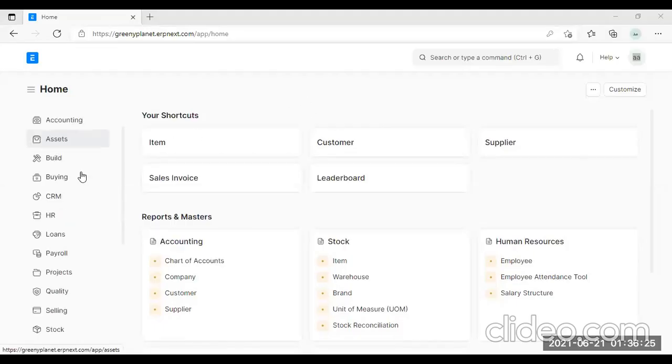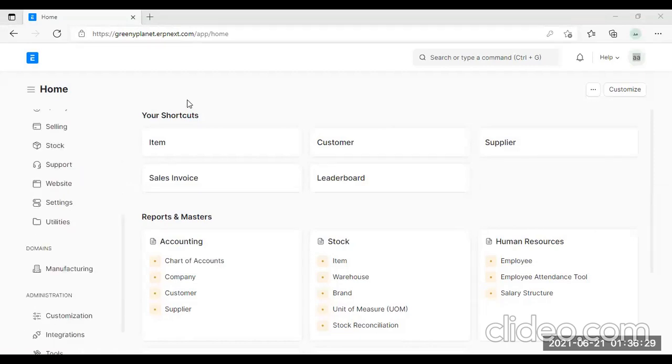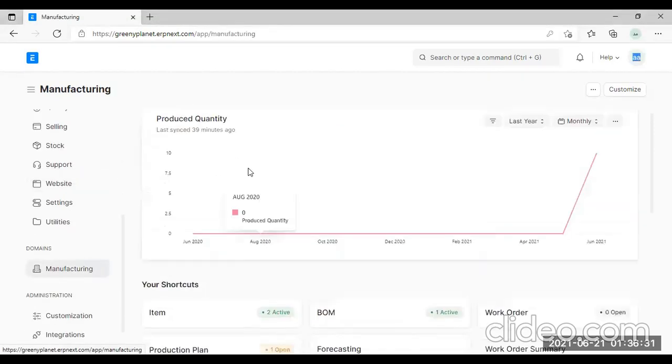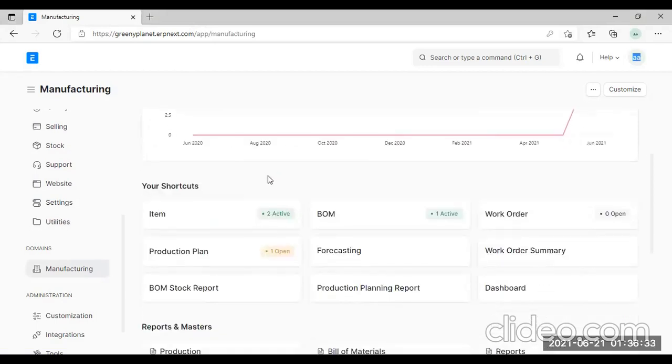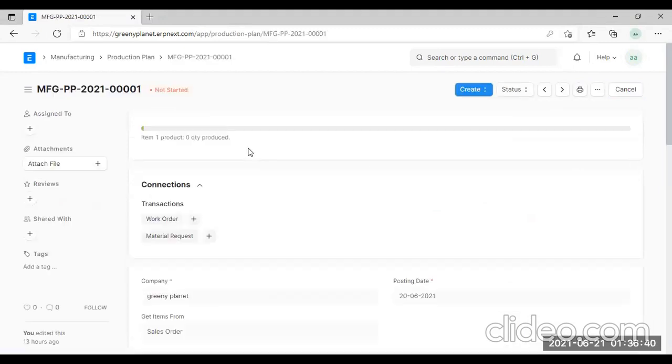Good evening again. This is Marina speaking. I'm going to give you a brief introduction regarding the manufacturing plan. We're going to select manufacturing. Yes, here we are going to the production plan. After this, we're going to see